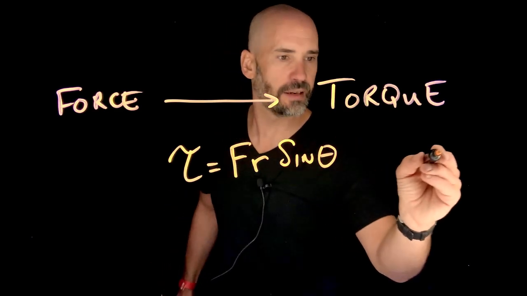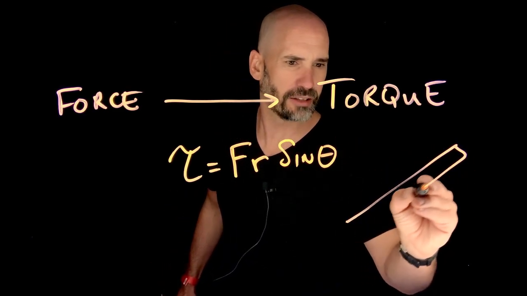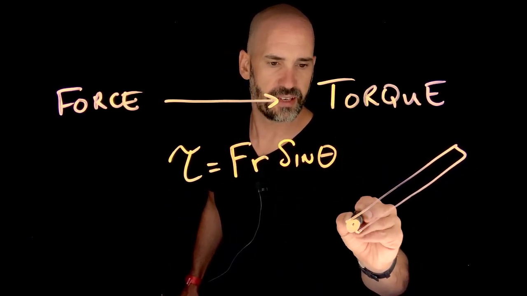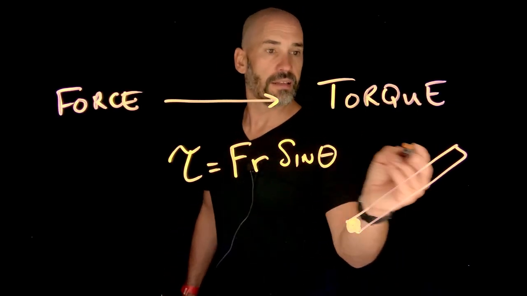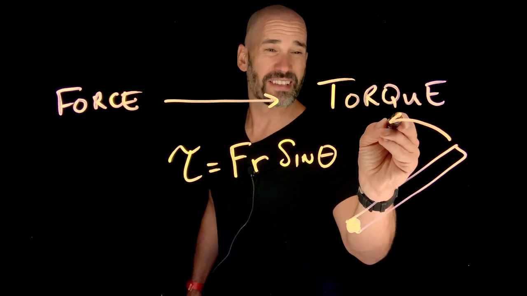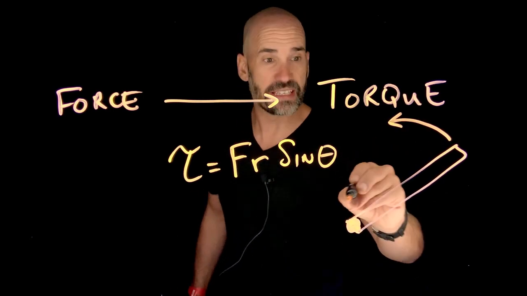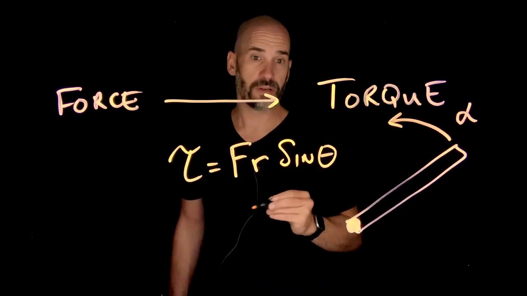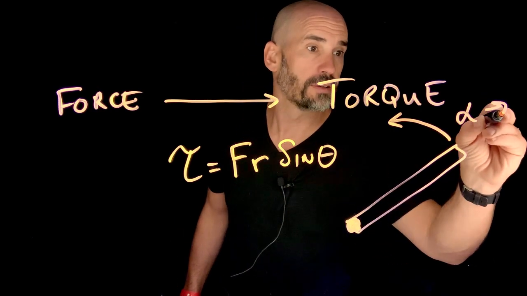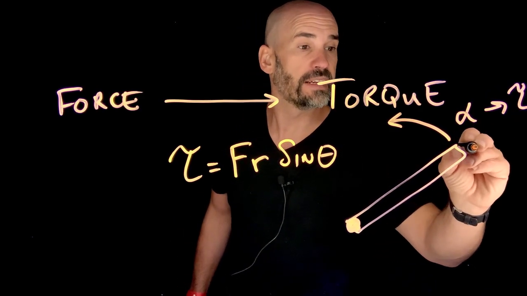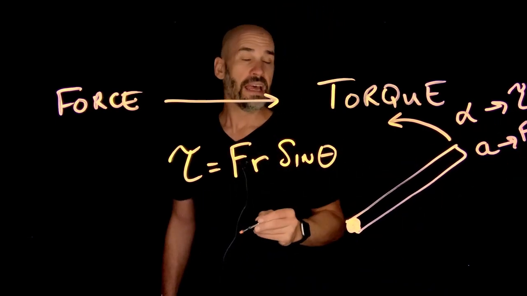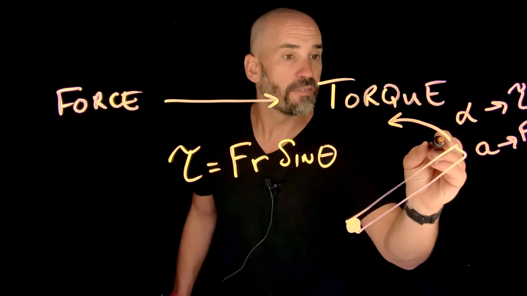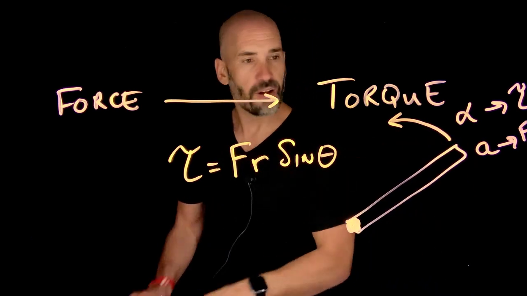So let's say that, again, I don't know, let's say it's a helicopter blade just for consistency's sake. Okay, and so let's say I want to get this thing rotated. I want to start to get it to accelerate. I want to give it an angular acceleration. Then I need a torque to do that. Just like to get a linear acceleration, I need a force. All right, and that torque is, well, if I apply a force